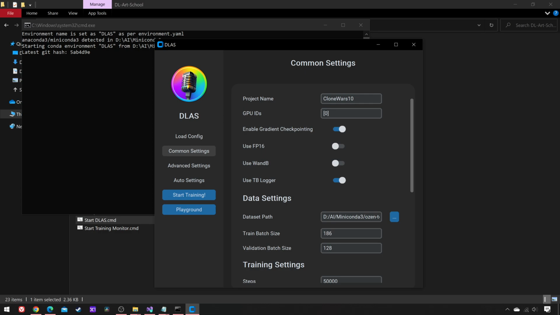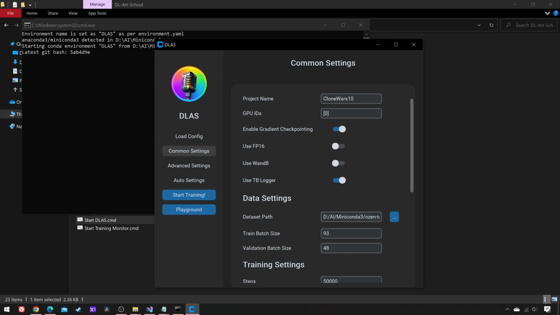Ideally, you should set the respective number of samples defined by Ozen. In my case, indeed 186 and 48. However, with 186 as the train batch size, my 3070 ran out of memory, so I had to cut that value in half. Why half, you say? In order for you to understand, I need to explain the meaning of step, epoch, and steps per epoch, with